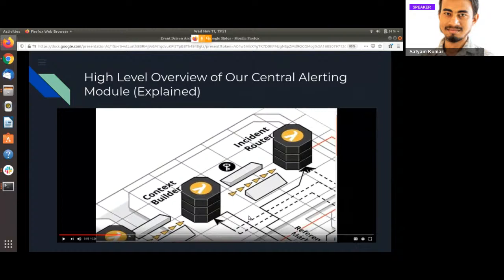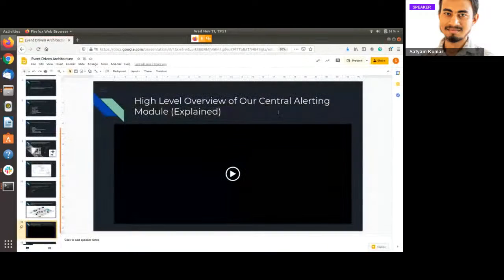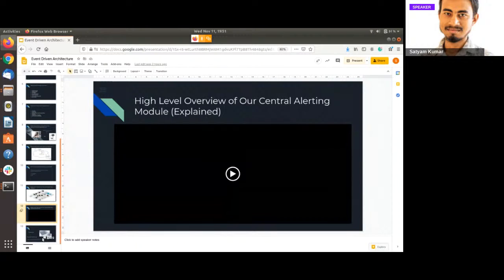Then the benefit which we are getting from using the lambdas is that we need not be active all the time. The event bus will activate the lambdas only when there is an event to act upon, and that's how we are highly available and at the same time cutting our cost also. This is the main advantage which we found by switching to this particular event-driven service.